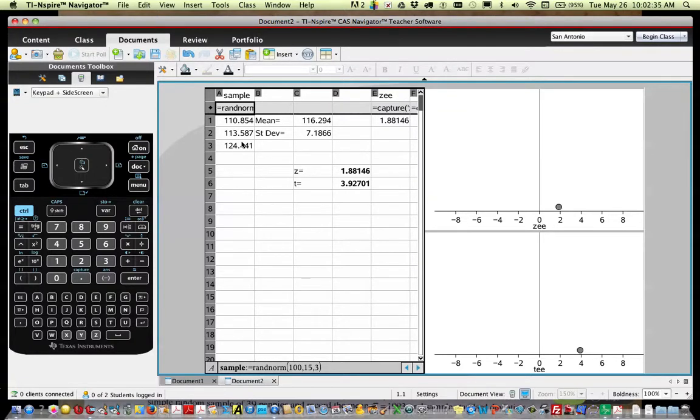Okay, these kids are all fairly bright compared to the average of 100, and in fact, this guy's almost 1 standard deviation above the mean, and this guy's about 1.5 standard deviations above the mean.